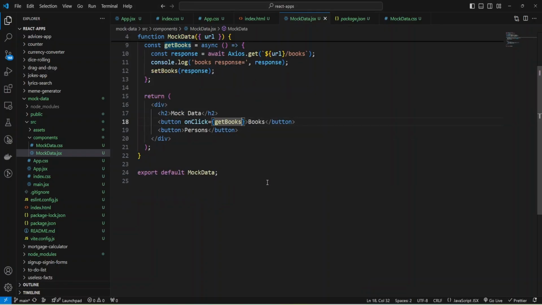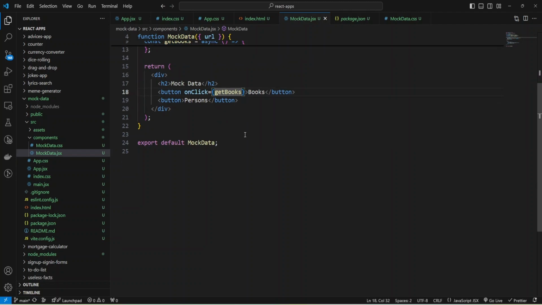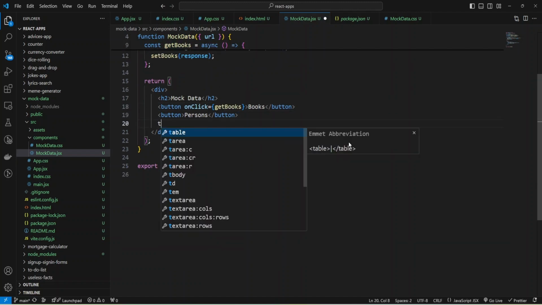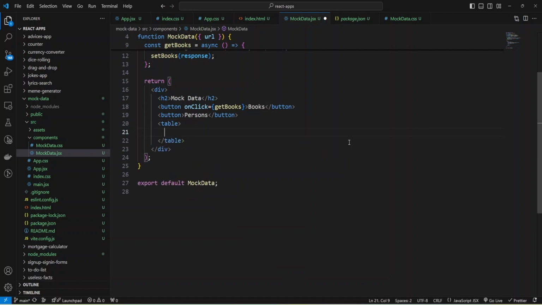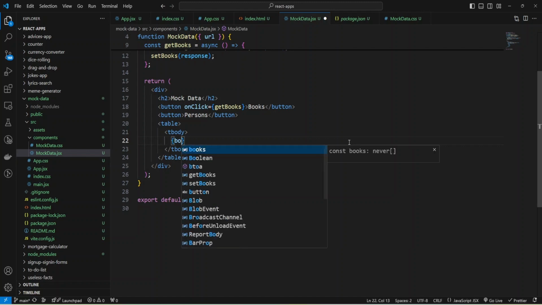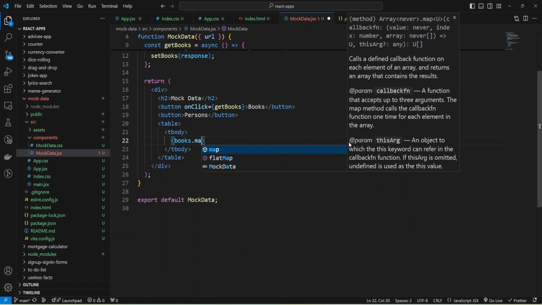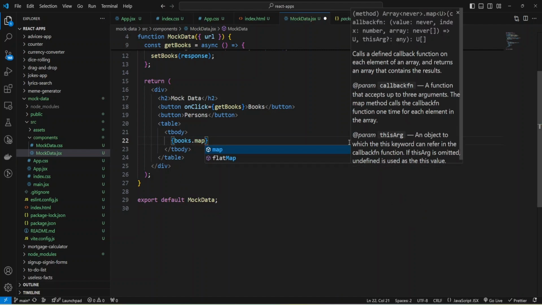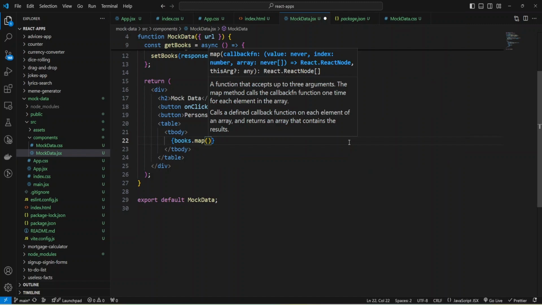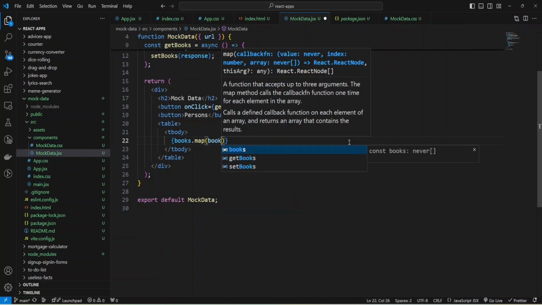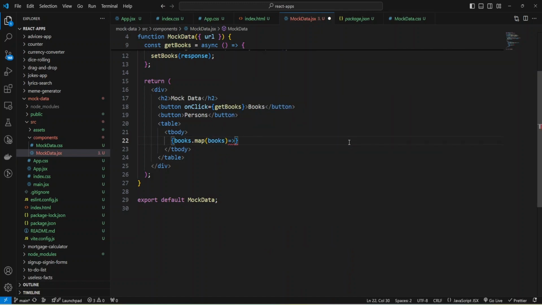Now we can add JSX to our books. I'm going to add a simple table and provide a body, and inside the table I'm going to use books map. Books is an array, so I can use map to iterate through items, and for each book I'm going to provide some JSX.